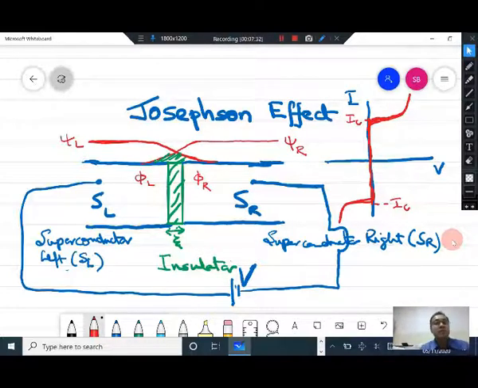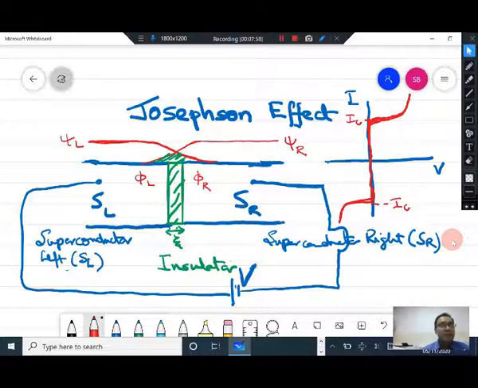Since all of this, what I have just told you, I have already discussed in quite a bit of detail in my earlier overview lectures. For now, here we will discuss deriving the Josephson relations. Now, there are various ways of deriving the Josephson relation. You can use Ginzburg-Landau theory. You can use microscopic theories of superconductivity.